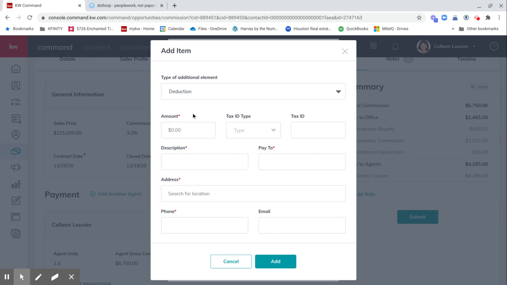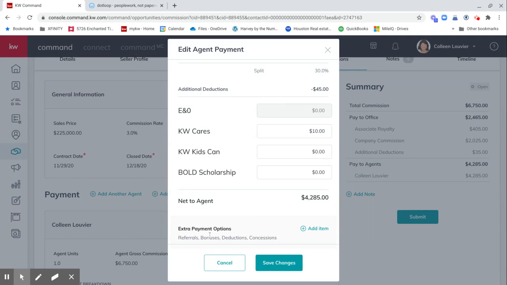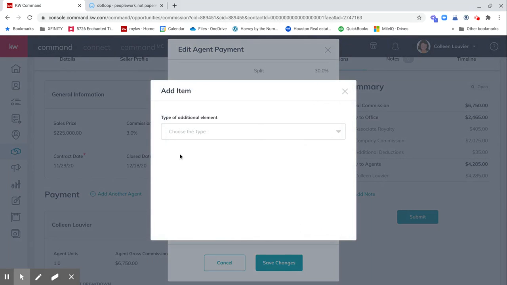So this is here if you have a deduction to take out. This would be for your transaction coordinator or people like that. You might want to put that information in here. And then we have at the end